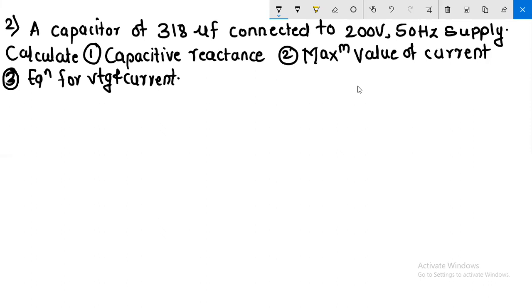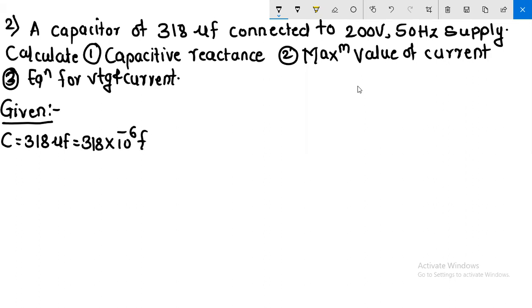Okay, so see what are the given things to us. Given things काय काय आपल्याकडं, कॅपॅसिटन्स 318 मायक्रोफॅरड. मायक्रोफॅरडला जर फॅरड मध्ये केलं तर किती येणार आहे? मायक्रो म्हणजे किती असते? 10 to the power -6, म्हणजे बघा 318 into 10⁻⁶ farad. Correct? Now voltage is given, its RMS value, that is 200 volt. Frequency 50 hertz.